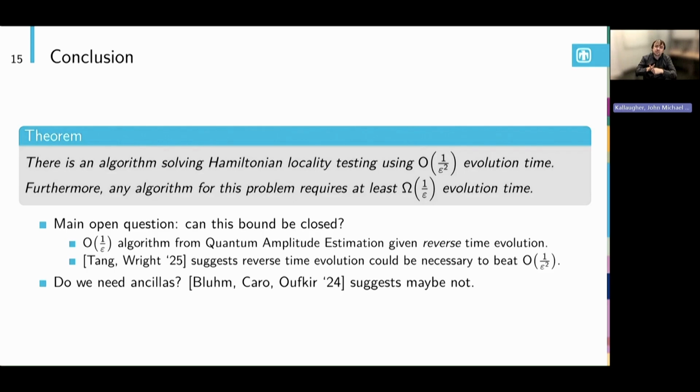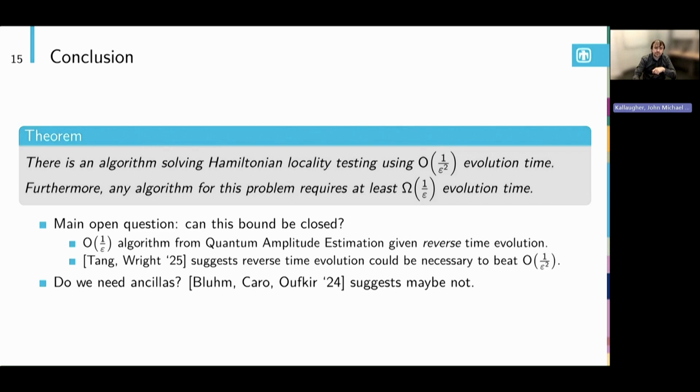Another question is whether you actually need these ancilla qubits we used. Because remember, we were preparing a 2n qubit state and only applying H to half of it. But there is other work on the problem that doesn't achieve 1 over epsilon squared, but that doesn't use any ancilla qubits. So a natural question would be, can you combine these techniques together to get 1 over epsilon squared